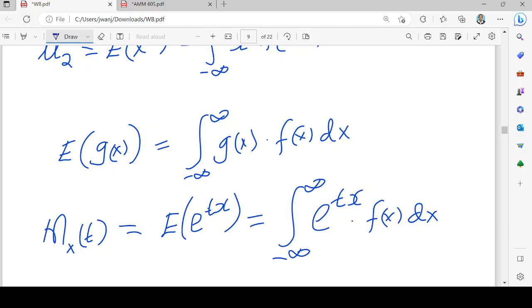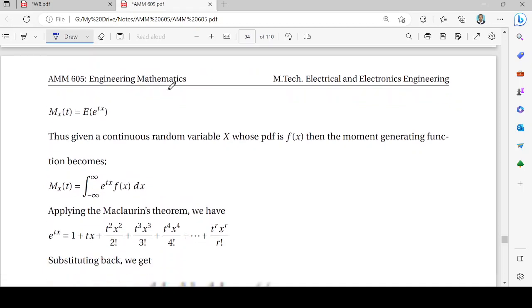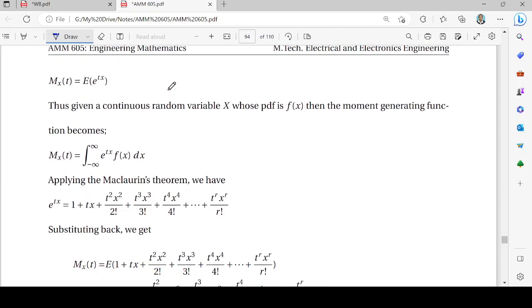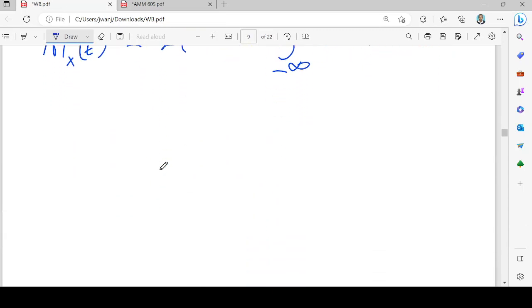When we integrate, the resulting function is a function of t. So we shall apply the Maclaurin's theorem or Maclaurin's series. Remember the Maclaurin's series, which says that the Maclaurin's theorem